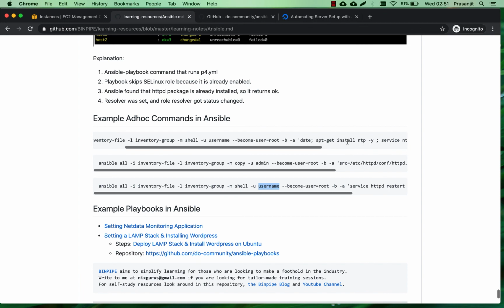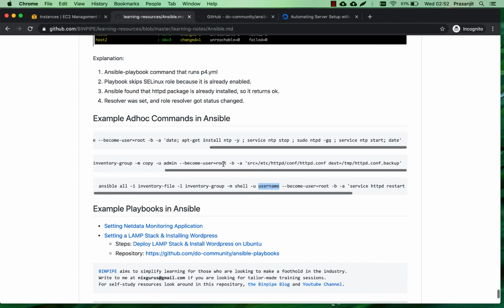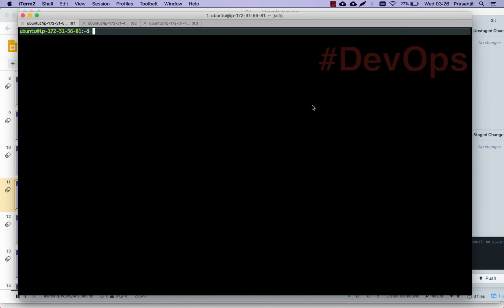For example, this command installs a package called ntp, starts the service, and also prints the current date. This command changes the configuration of an Apache server, so for this to run, you should have Apache installed there. These are just examples. They're not meant to be run anywhere, but seeing these examples, you can modify and write your own code. Okay, so what we are going to